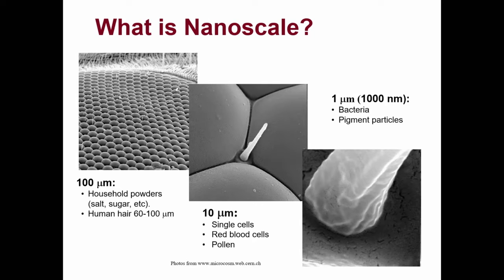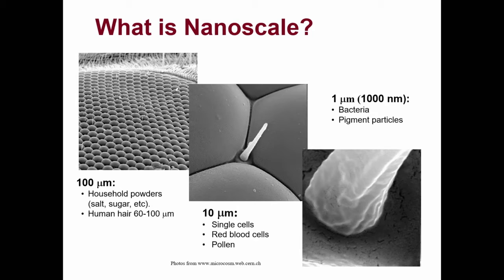10 micrometers is usually too small for most people to see directly without the aid of a microscope or a magnifying glass. At 10 microns, we can see the sensory organ that is at the vertices of the facets of the fly's eye. At 10 microns, we also encounter things like the single cells in our body. For instance, red blood cells are typically 6 to 8, perhaps a little bit larger, microns in size. It's also the size scale of the suspended particles from plants called pollen that cause many of us allergies in the spring and the fall.